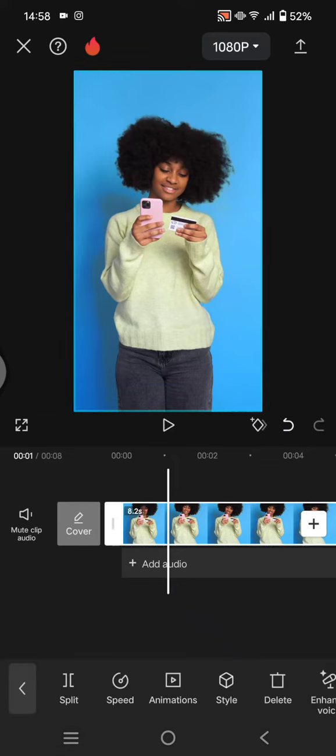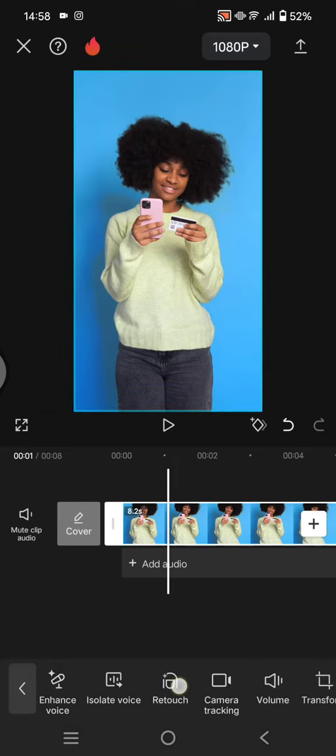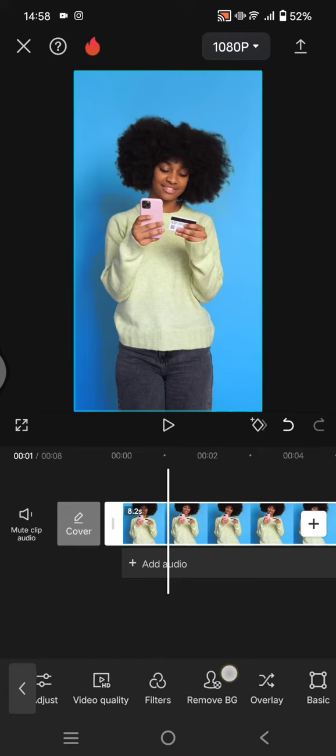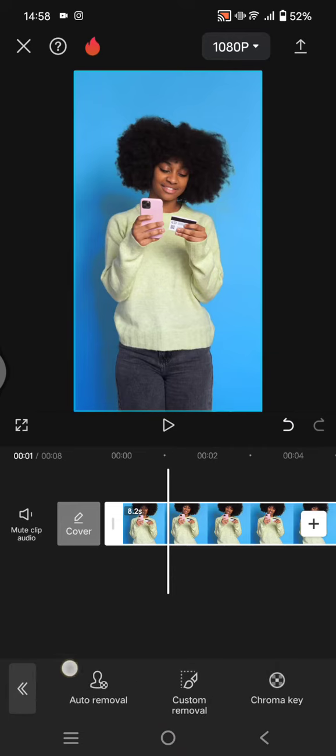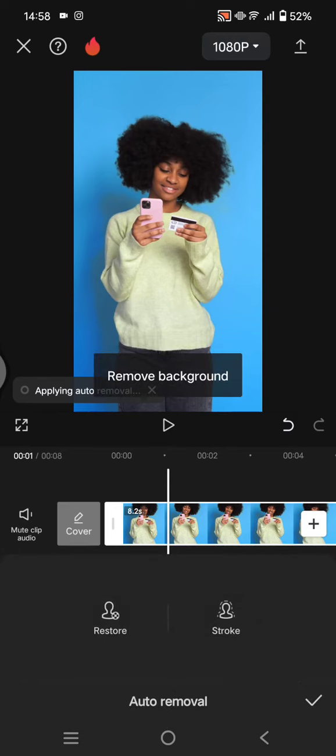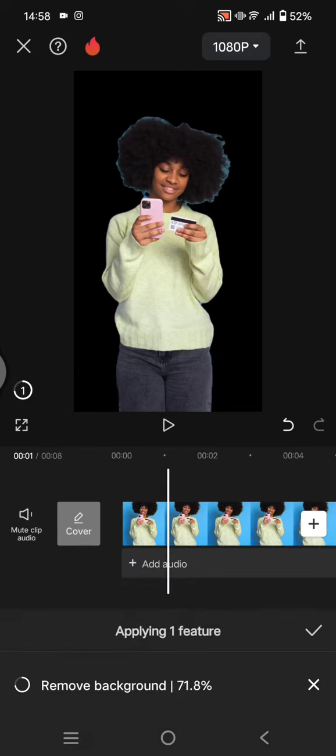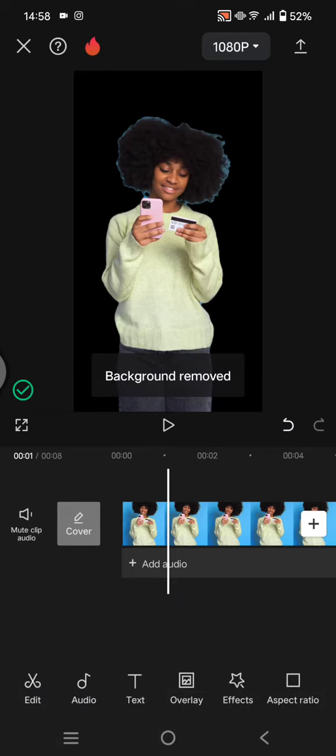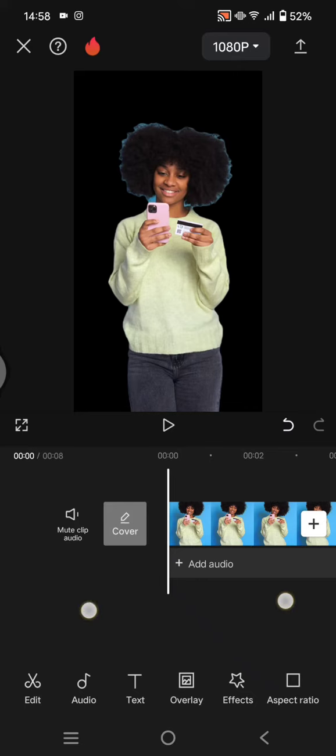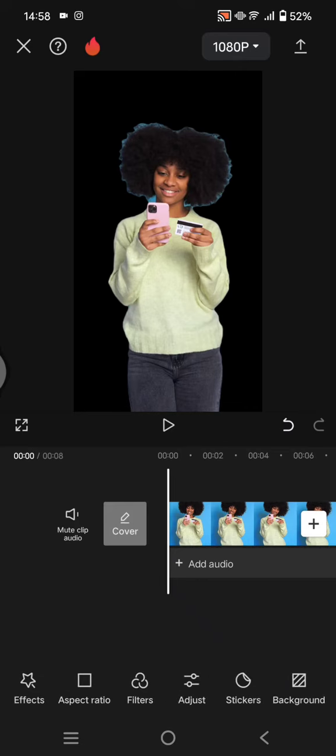Click on the video and swipe through the menu and select the remove BG menu here. Click on the auto removal. Now CapCut will remove the background. Just wait until it finishes. You can see the progress in here. Okay, now it's nearly finished. And when it's done, just click on the check icon, and to add a new background, just swipe and use